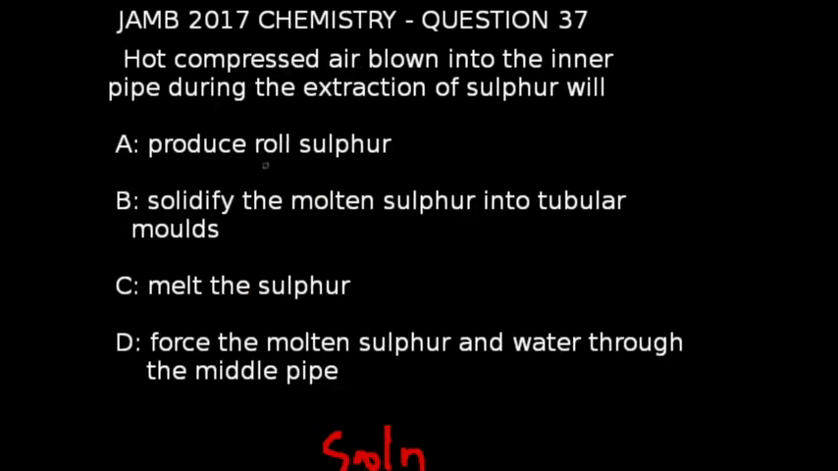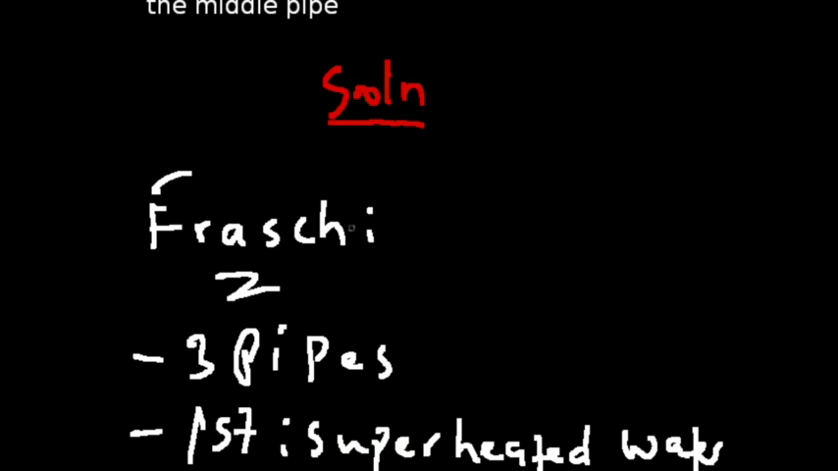Question number 37 of the JAMB 2017 chemistry exams. Hot compressed air blown into the inner pipe during the extraction of sulfur will. We're given 4 options in this question. But before we choose our answer, the first thing I want us to do is to look at this. So one of the processes used in the extraction of